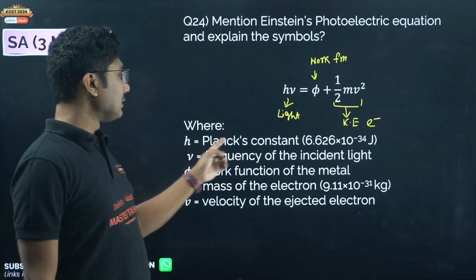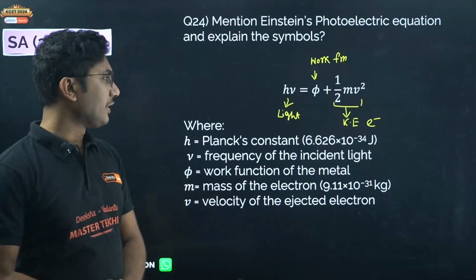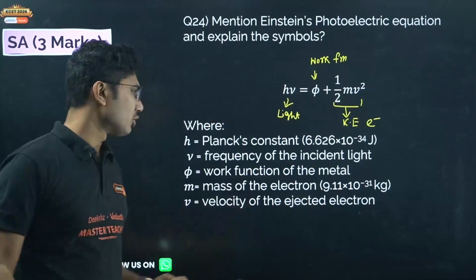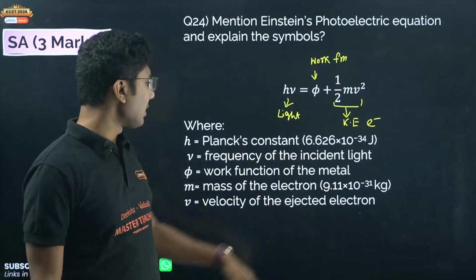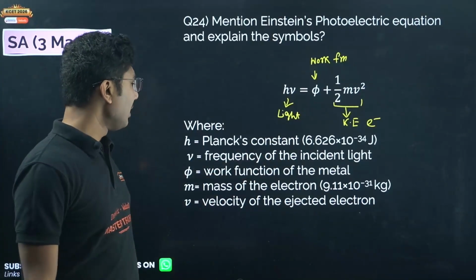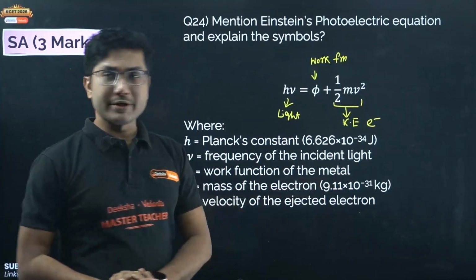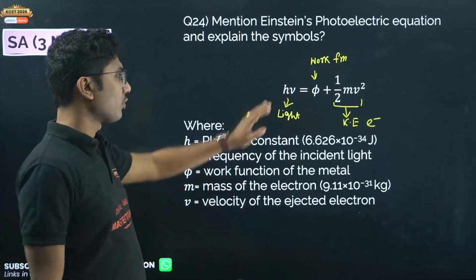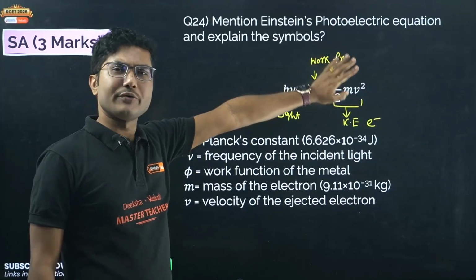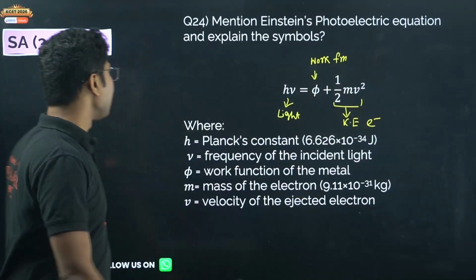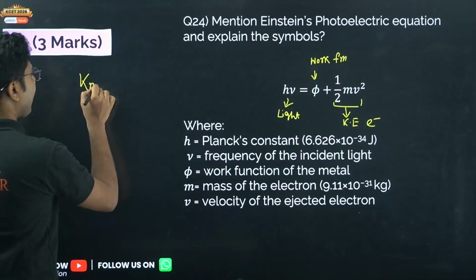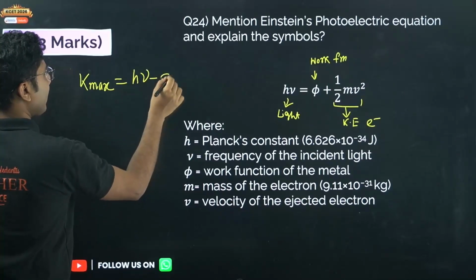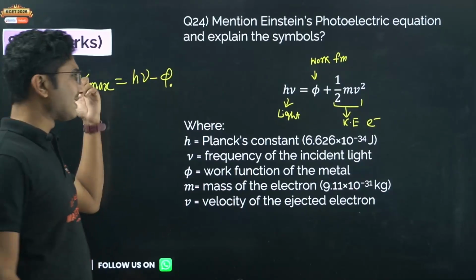Okay, h is Planck's constant, 6.626 into 10 to the power of minus 34. You can assume 6.63, that is also fine. Nu is the frequency of incident light, phi is the work function of the metal, m is the mass of the electron, 9.11 into 10 to the power of minus 31. v is the velocity of the ejected electron. If you don't want to write half m v squared, you can write K max as well. Or the equation K max equals h nu minus phi naught, that is also fine,